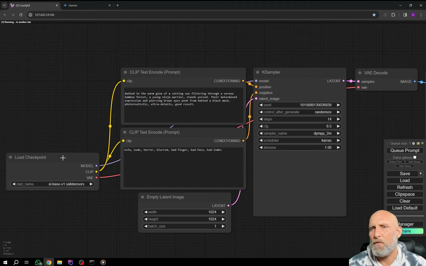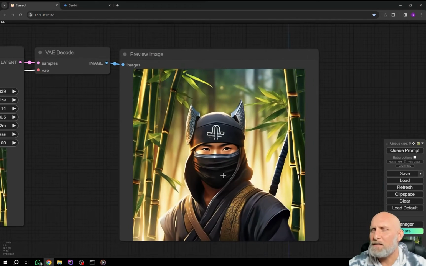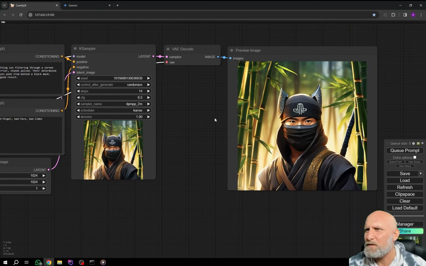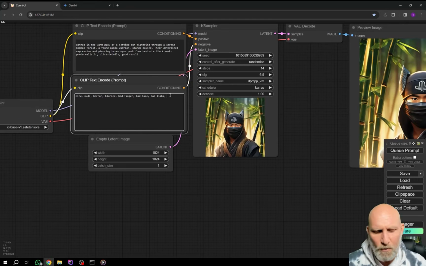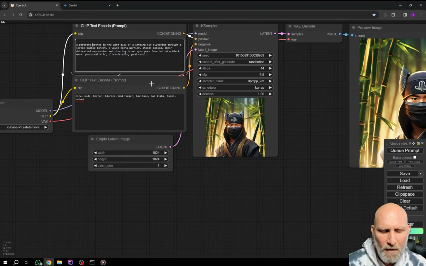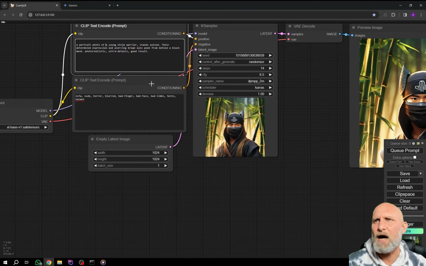It will load the model, and let's skip forward. So it completed the run, and you can see we got a very nice image, but not quite what we wanted. First of all, let's remove all these weird horns. So let's say we don't want horns, and we don't want a helmet. And also here, I want it to be a bit more photorealistic. So we'll say a portrait photo of, and instead of this forest, we'll say a young ninja warrior stands poised